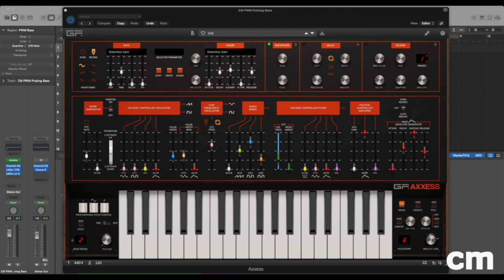In this edition of Synth Sound Design Masterclass with Computer Music, we're going to be using the G-Force Axxess plugin synthesizer to create a PWM pulsing bass sound. This sound draws inspiration from some of the classic bass sounds that we heard on garage tracks in the 90s, but it also remains a sound which infiltrates large elements of commercial music today, particularly from artists such as Röyksopp and Lindstrom. So load up the G-Force Axxess within your DAW, and the first thing we'll do is perform an